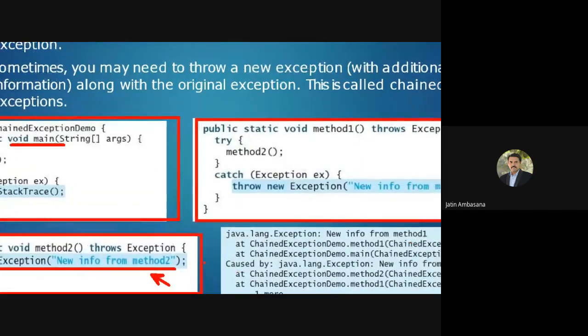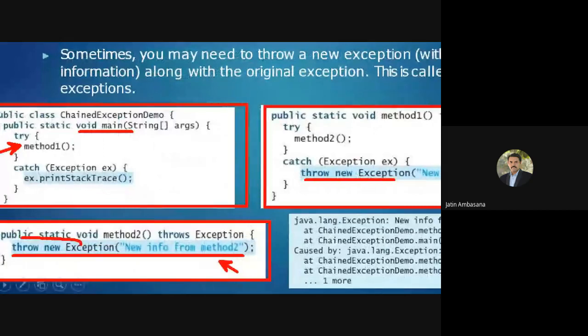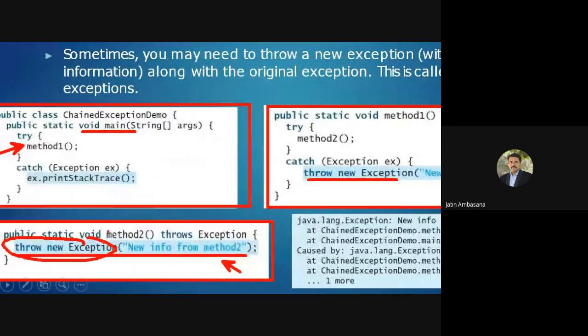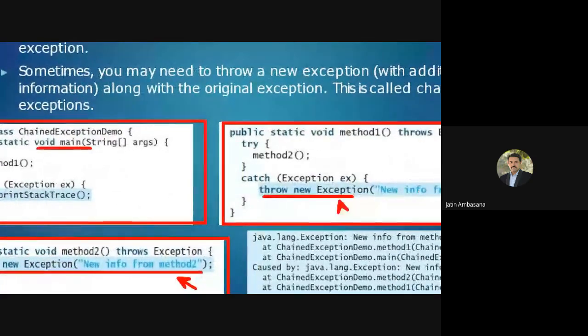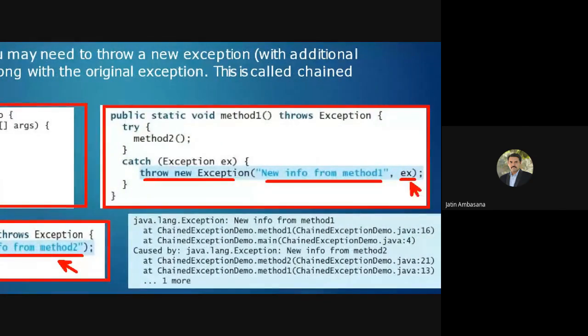Okay, so this will throw an exception and it will be caught over here, right? And then what you do, you say here throw new exception. See, here you had already said throw new exception. Then you are again saying here throw new exception, and this is new info from method 1, and you are adding this ex which was caught over here as the base exception.